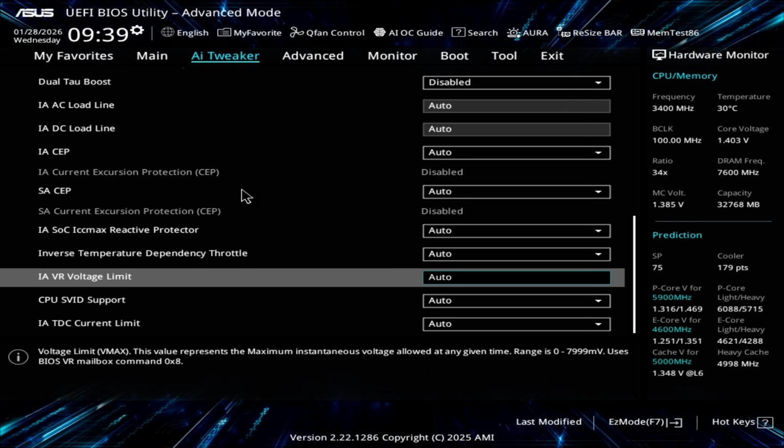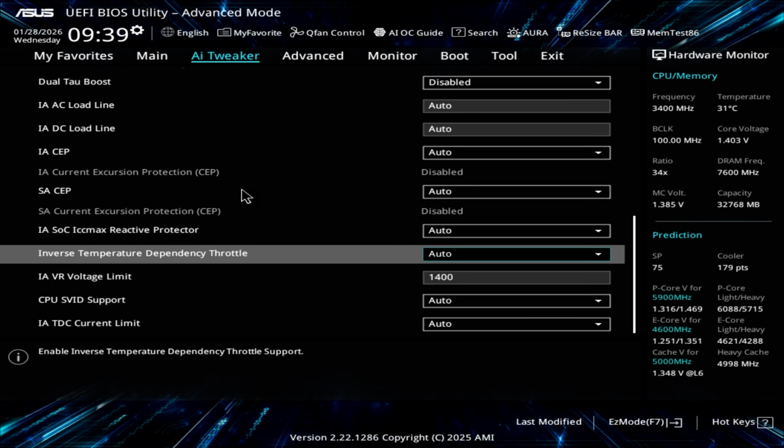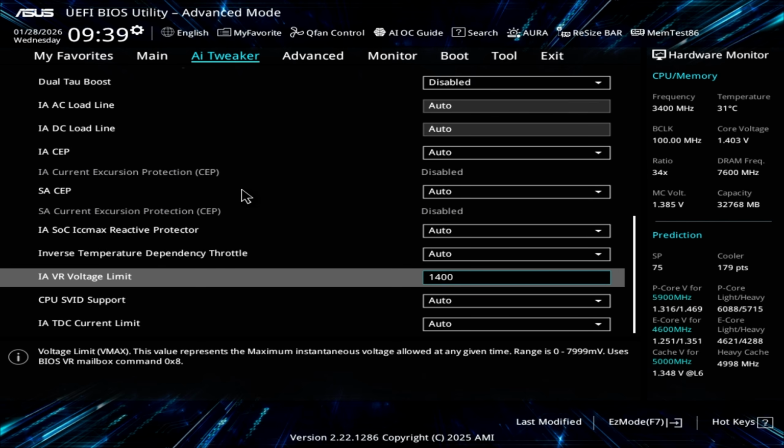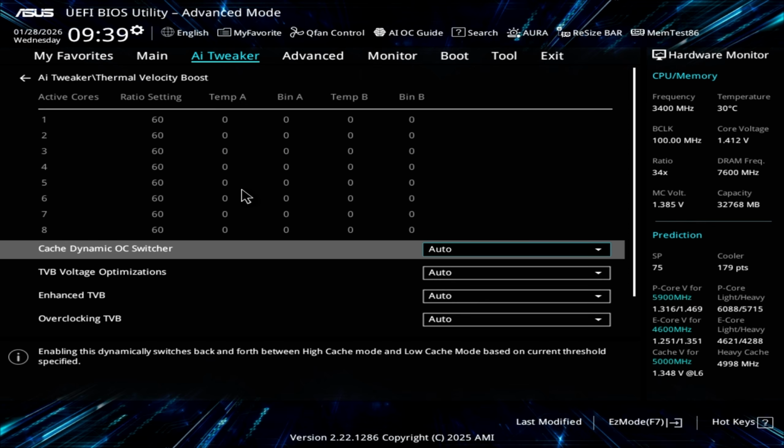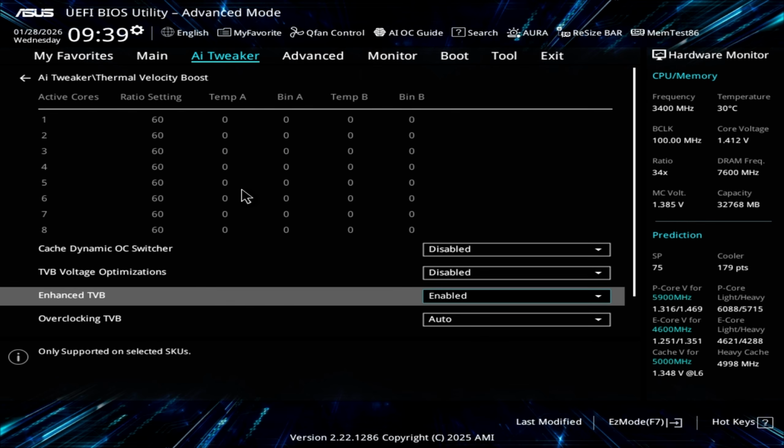Since I want to show you something, I will put the limit everyone says, this is the limit, bro. Above that is dangerous. This will cause a problem for my CPU, and I will show you why. That this will pose a problem, so I don't choose TVB for now. I will put everything disabled.